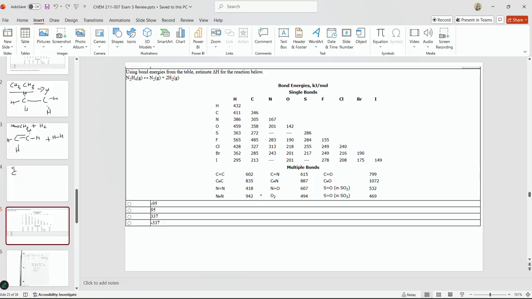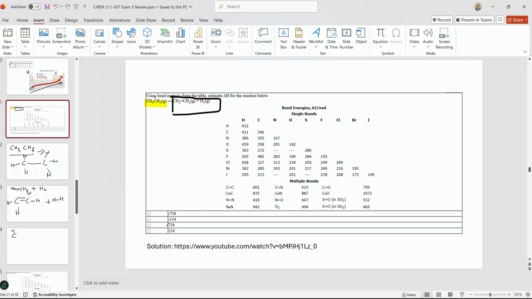It's bonds broken minus bonds formed. That's the formula. Yeah, I get that part. I meant the final answer for this one was 134. What's the difference between 134 and minus 134? Minus 134 is wrong because it's doing product minus reactant instead of reactant minus product,